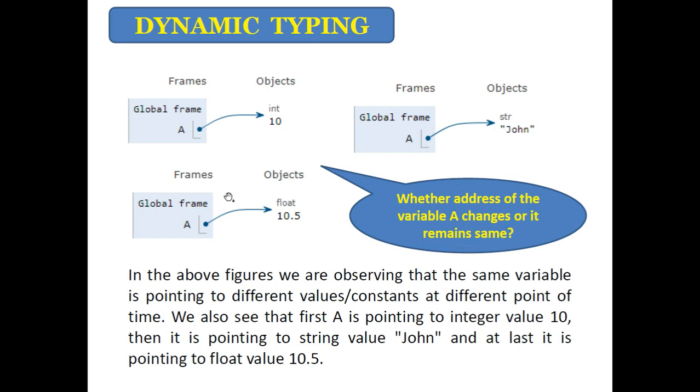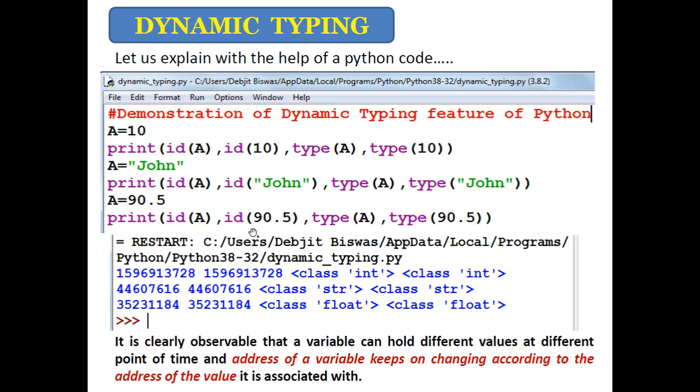Since I've already told you that the address of the variable also depends on the value it holds, that means when it is assigned 10, it holds some address. When it points to some other value, its address also changes as per the address of that particular value. Similarly, here also it points to a value which has an address. Value has an address, very important, and thereby the address of a is also changed. Let's see this program code.